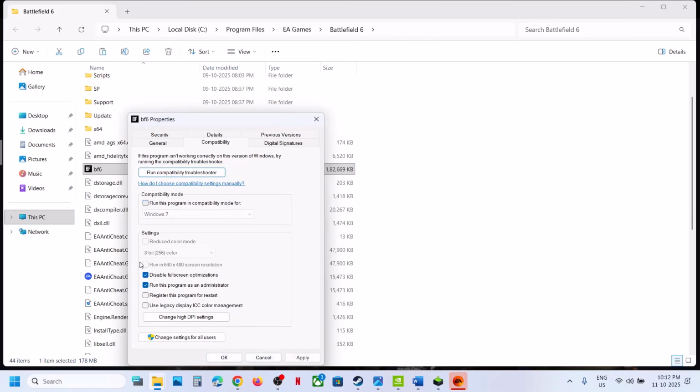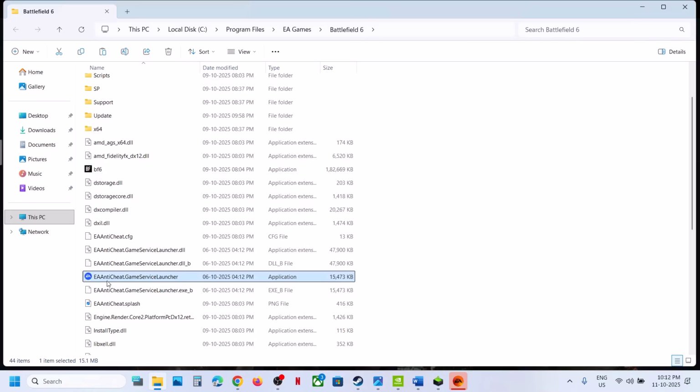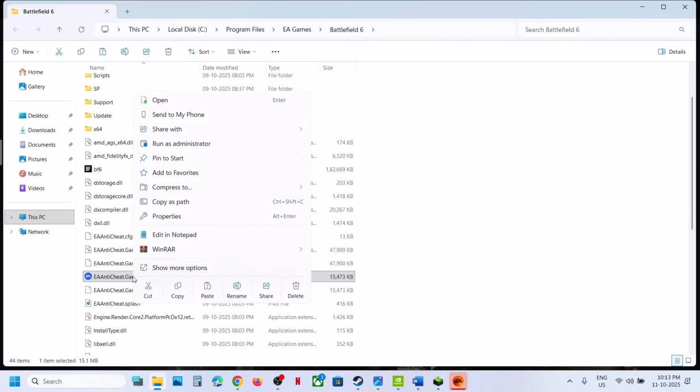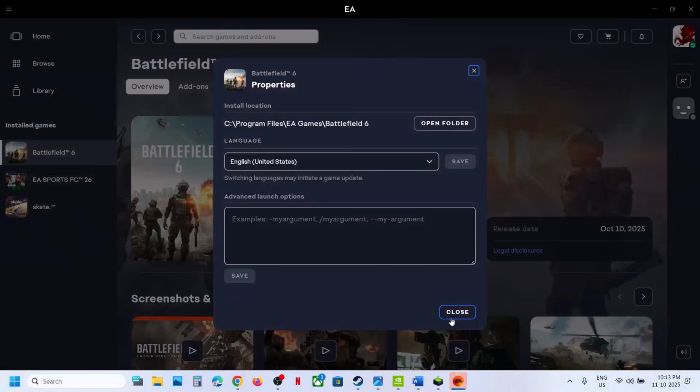When you put a check on all these boxes and it's not working, in that case you can uncheck these boxes, hit apply, click on OK. Try launching the game using EA Anti-Cheat Game Service Launcher. Make a right click and then click on run as administrator and then check. Still not working. The next step is to,